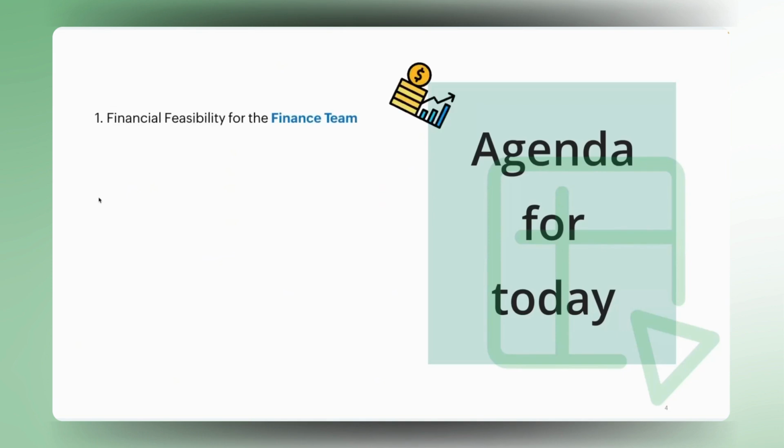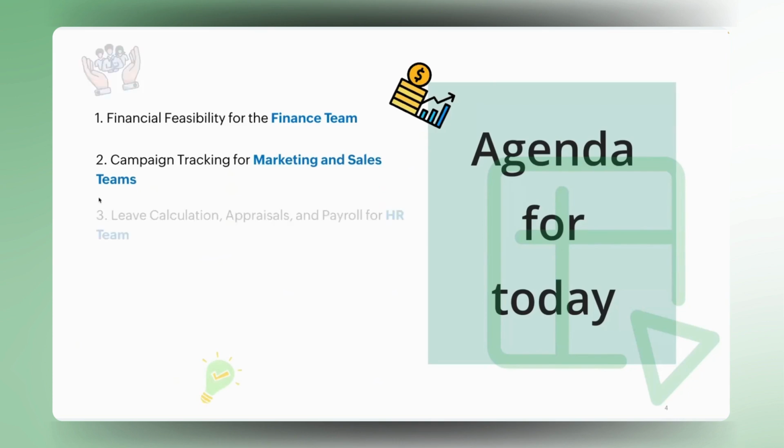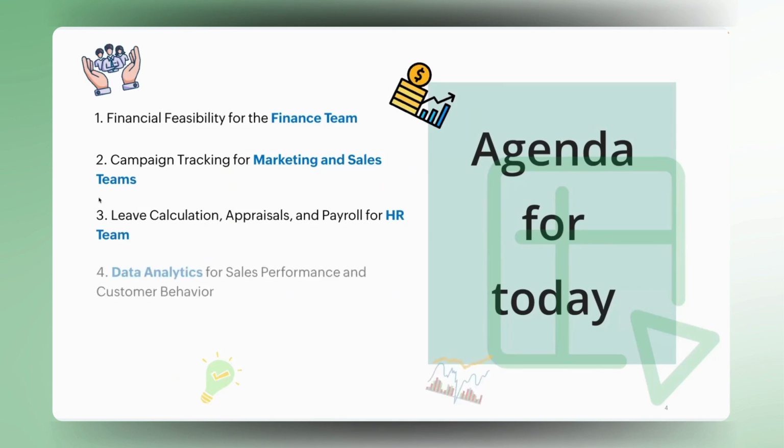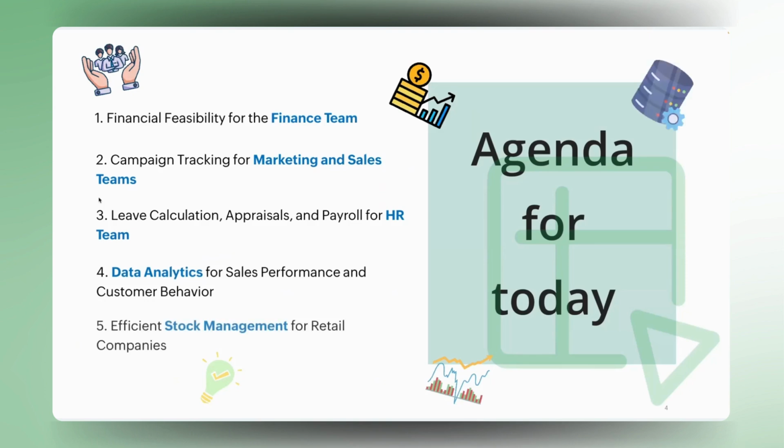We'll see how the finance team can use Zoho Sheet to really work with numbers, then the marketing and the sales team to track past campaigns and predict future sales, then how the HR managers manage the employee records, calculate the leaves, evaluate the performance, appraisals and everything. Then the data analysts who are evaluating sales performance, customer behavior and market trends. And we have the inventory management and the stock team to track the stock levels, forecast pre-cost orders, and analyze